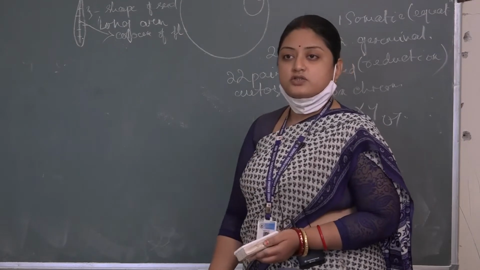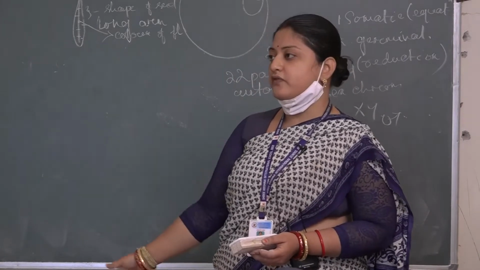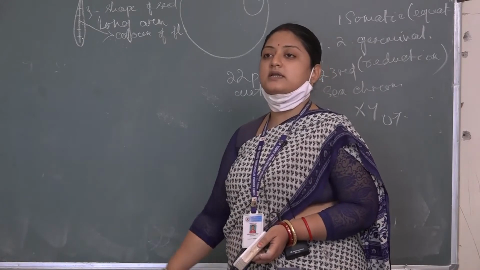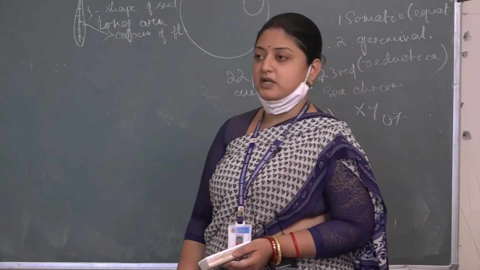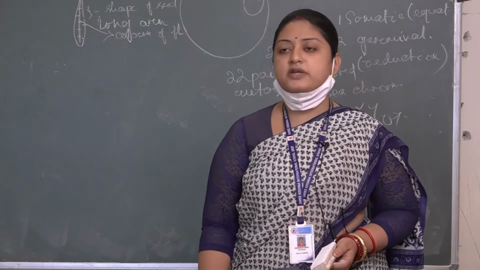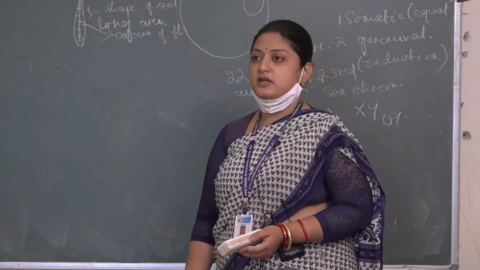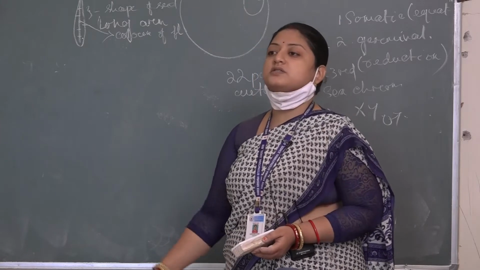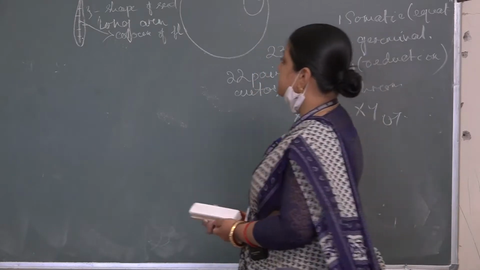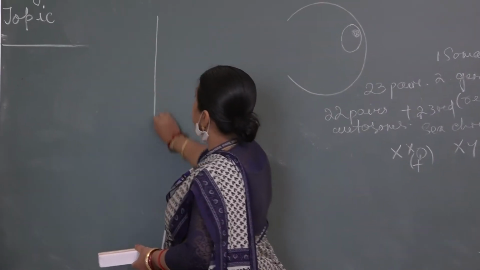So first, Gregor Johann Mendel, who was an Austrian monk, initiated the concept of heredity and variation. First, he took the garden pea plant for his experiment. Why did he select the garden pea plant for his experiment? Because it is a self pollinating plant. Along with that, it has a short lifespan, so that he could study generations through Pisum sativum, or pea. He took 7 pairs of contrasting characters for his experiment.